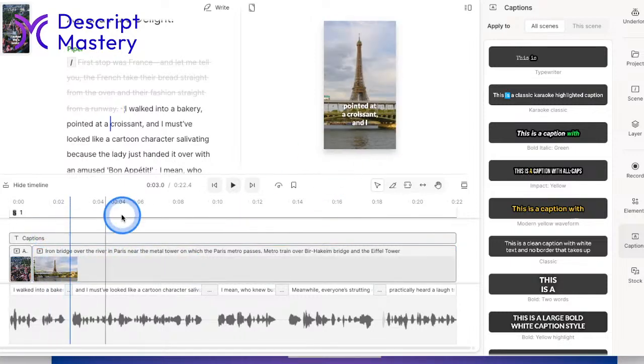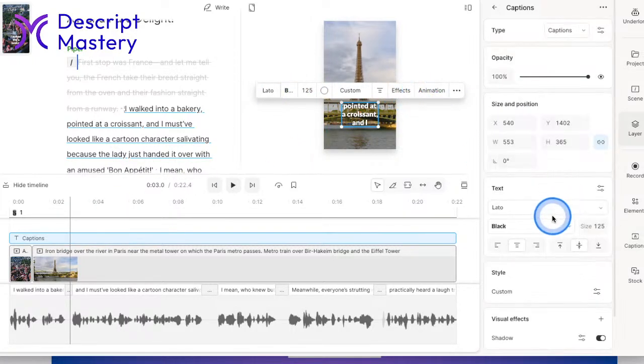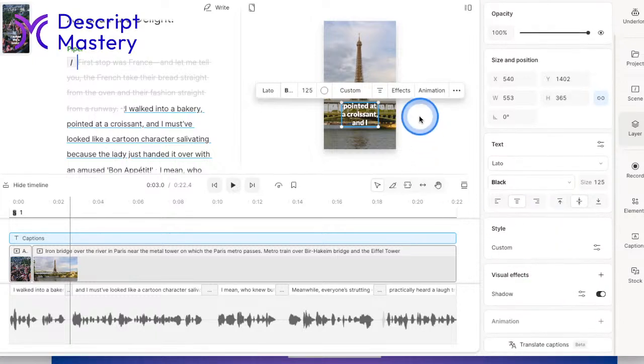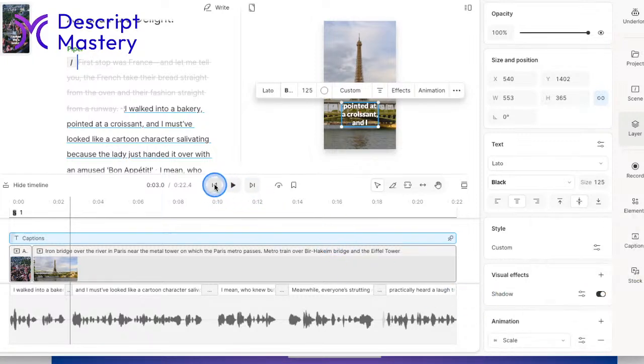And then captions are kind of universal now on clips. So you'll definitely want to add captions. You can add different animations to your captions. So if I click on the caption layer right there, I say animation, and then this animation box down here in the bottom right, hit the plus button. You can change how it comes in. So like scale, for example.